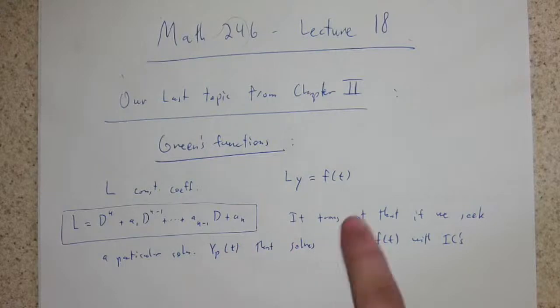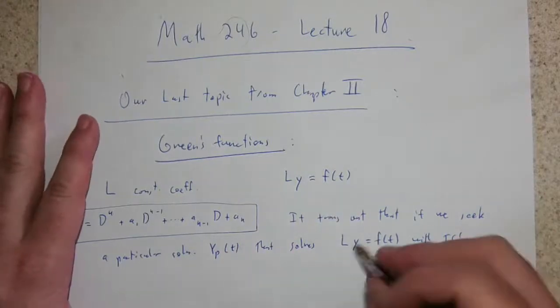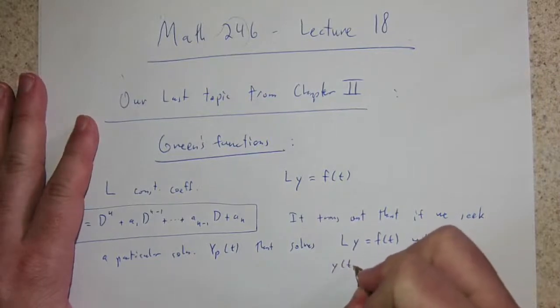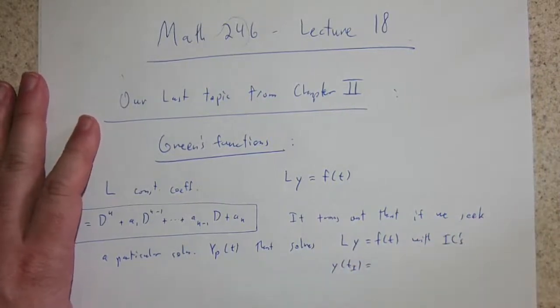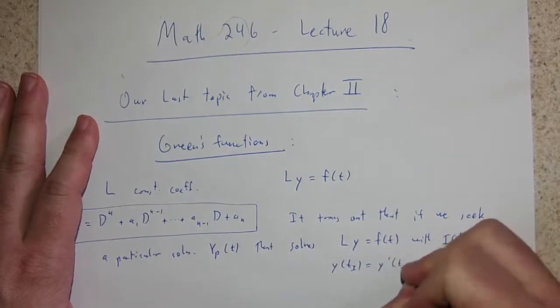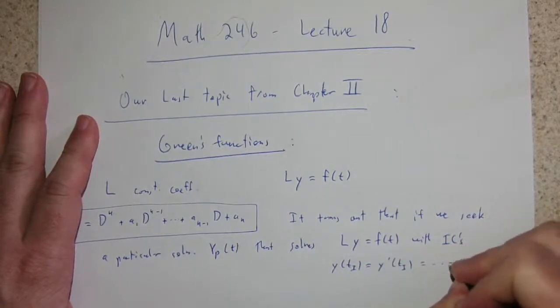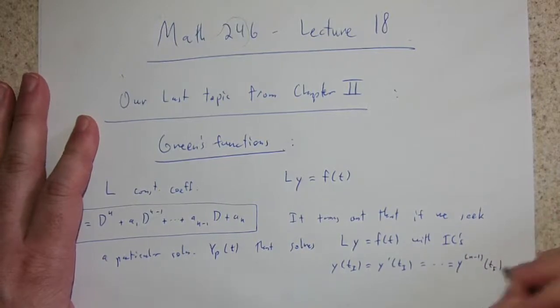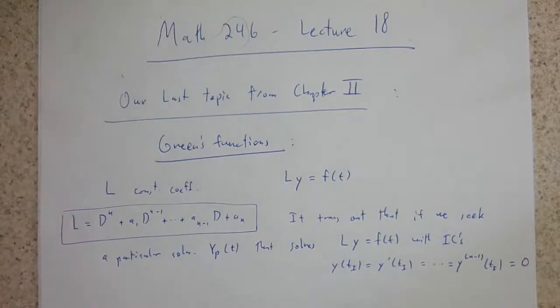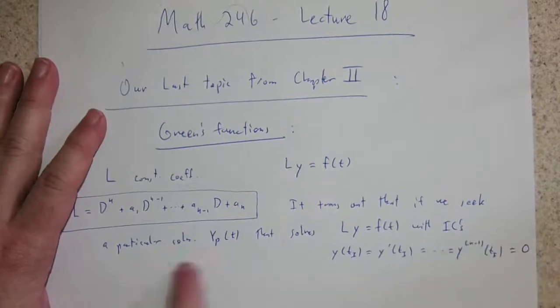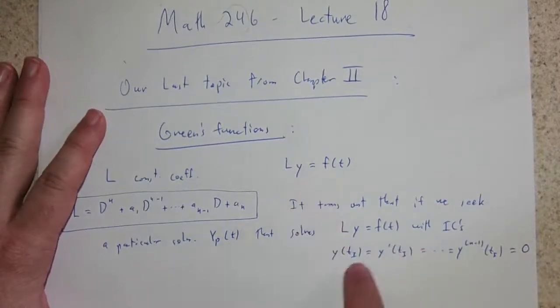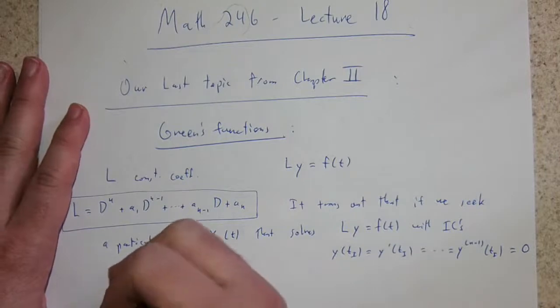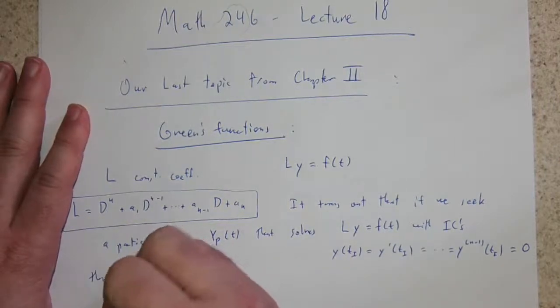But say we have something that solves a differential equation additionally with ICs, so y of t sub I equals y prime of t sub I all the way up to the n minus first derivative of y at t sub I. Let's make all of those 0. Okay. So if we seek a particular solution that satisfies the differential equation and these initial conditions,